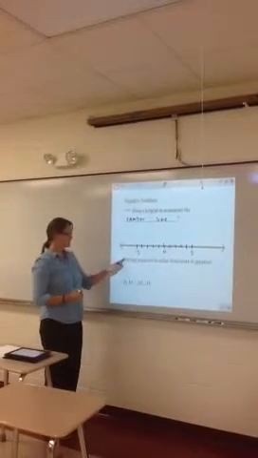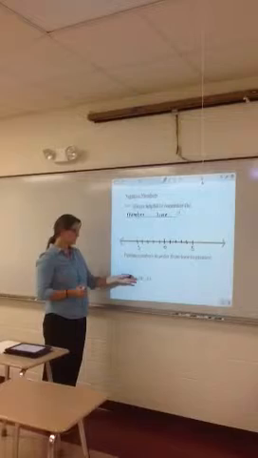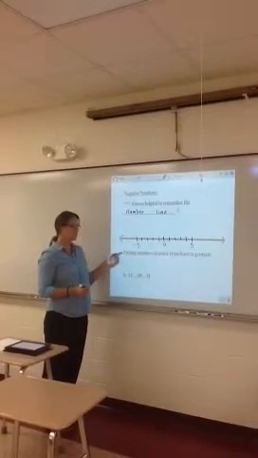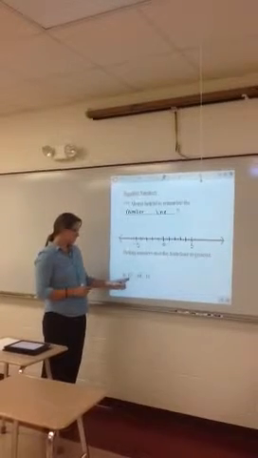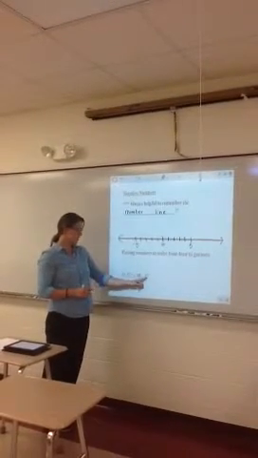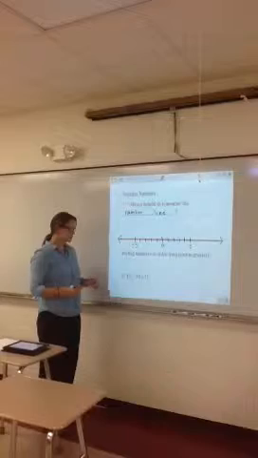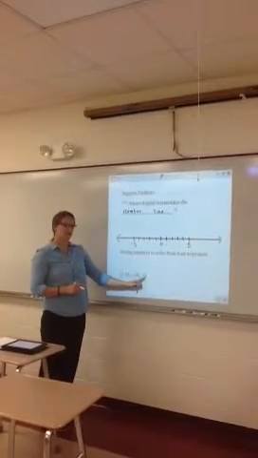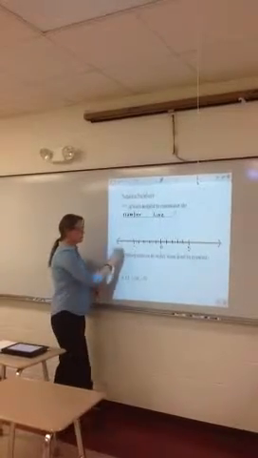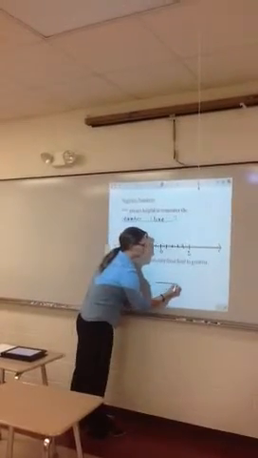And one of the most basic skills we have to do with positive and negative numbers is putting numbers in order from least to greatest. So when we're considering numbers like 13, negative 10, and negative 11, it's really common for people to think that negative 11 is a greater number than negative 10. But if you consider a number line,